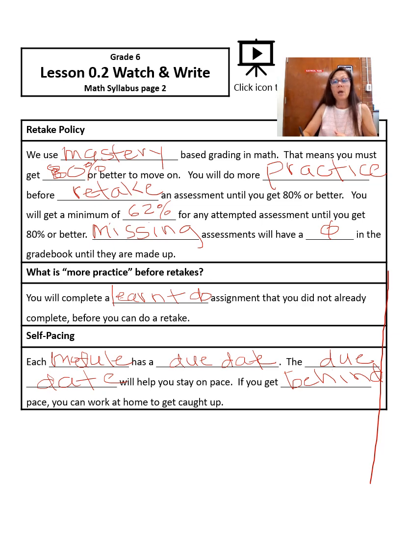And I am really sorry that this writing tool is not cooperating, but this says each module has a due